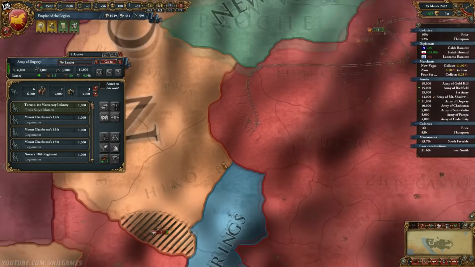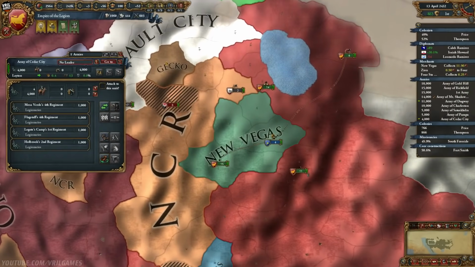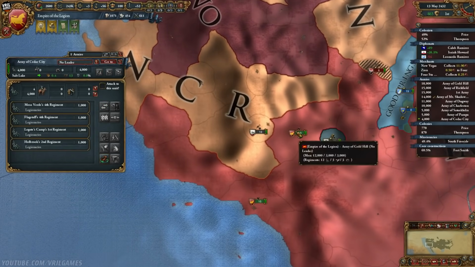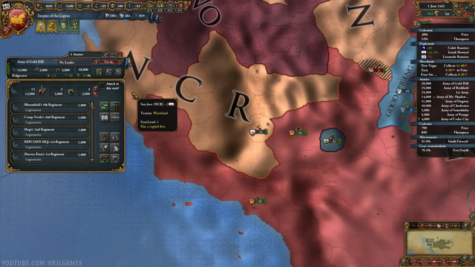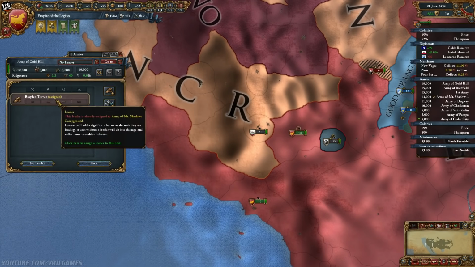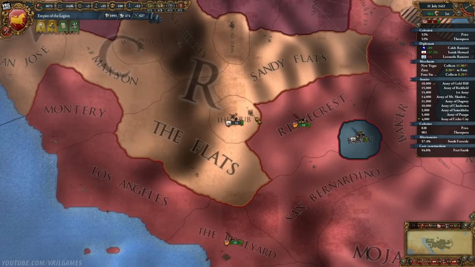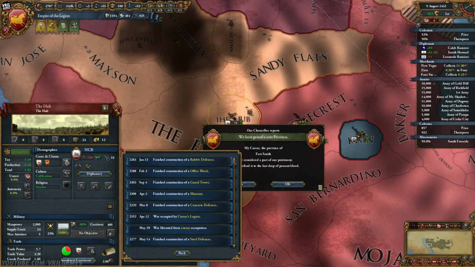Where are these guys going? Okay, they're going to the Alamo. Not the famous one, I don't think. And yeah, we've got this army down here. This one here, we do need another general, I believe. Let's see what our leaders... Yeah, we had one. Let's go ahead and assign him here. I wonder where they moved their capital to. So we've